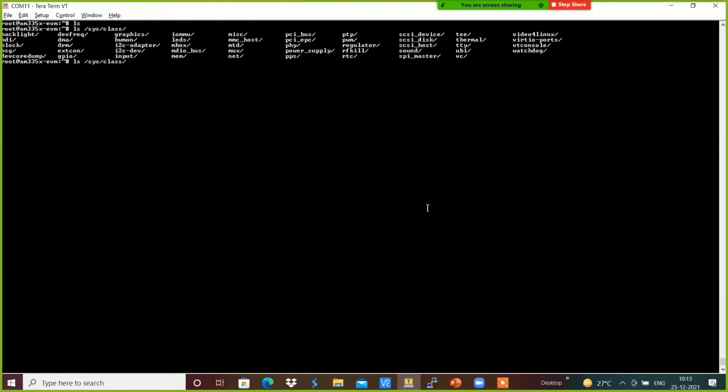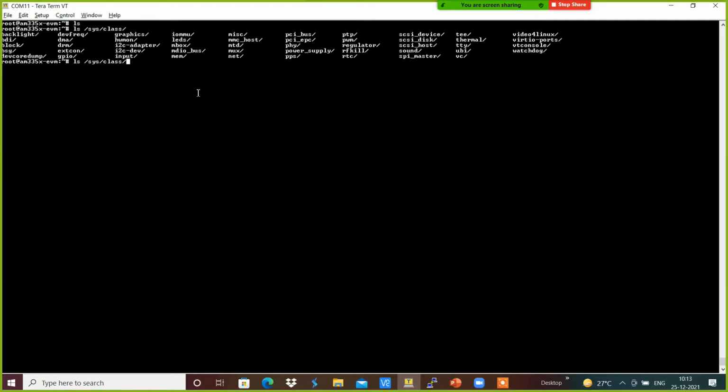It's something like backlight, BDI and block devices, core dump devices and DMA devices, direct rendering management, that is the DRM device class, and we have the GPU class, the I2C adapter class, the LEDs class. Like that we have multiple device classes present within Linux systems.